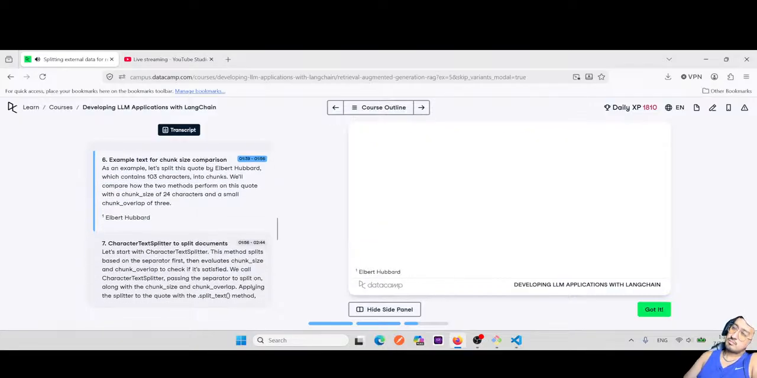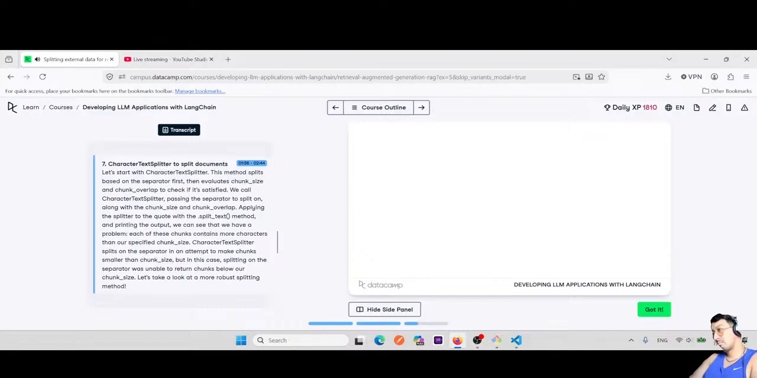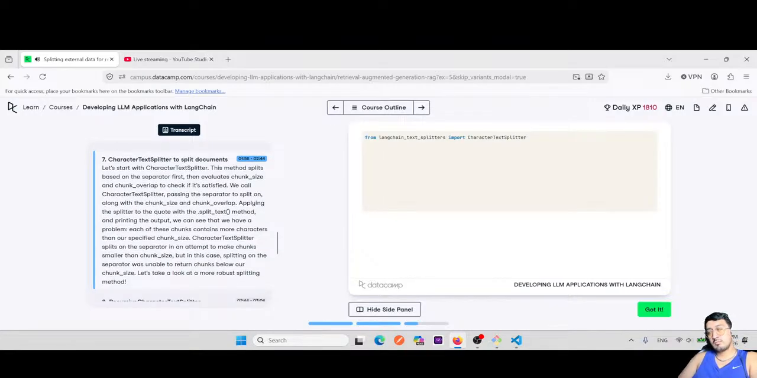As an example, let's split this quote by Elbert Hubbard, which contains 103 characters, into chunks. We'll compare how the 2 methods perform on this quote with a chunk size of 24 characters and a small chunk overlap of 3. Let's start with CharacterTextSplitter. This method splits based on the separator first, then evaluates chunk size and chunk overlap to check if it's satisfied. We call CharacterTextSplitter, passing the separator to split on, along with the chunk size and chunk overlap. Applying the splitter to the quote with the split_text method and printing the output,